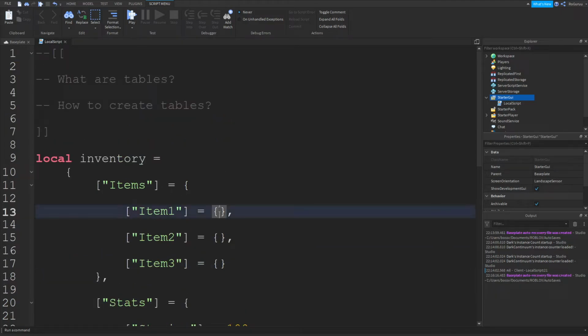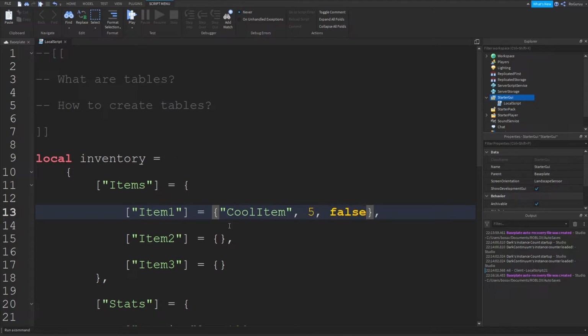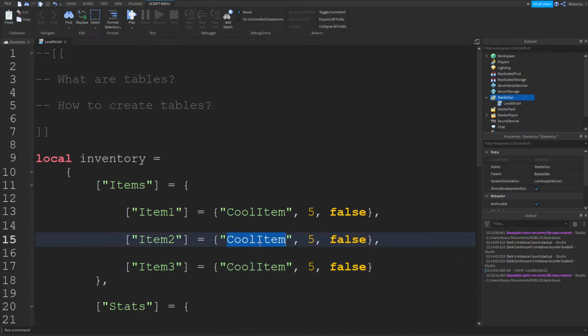So pretty much, and now each item will have a description. It'll have an item name, cool item, it'll have an amount, 5, it will be equipped or not, unequipped, false, and same thing with everything else. Cool item 2 and cool item 3.